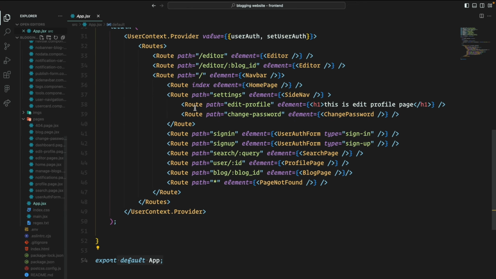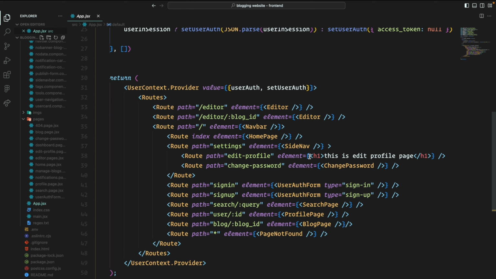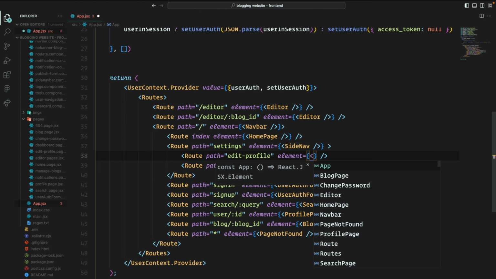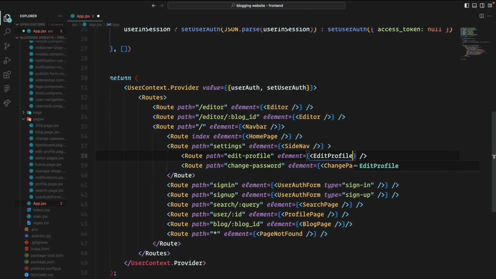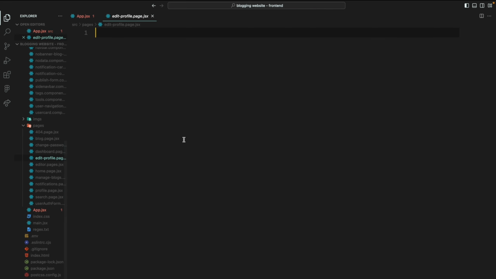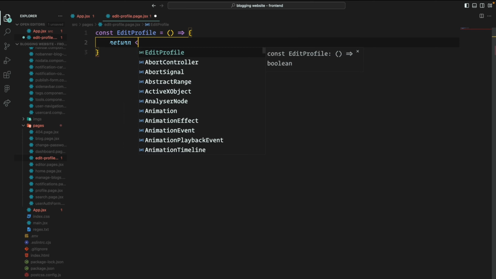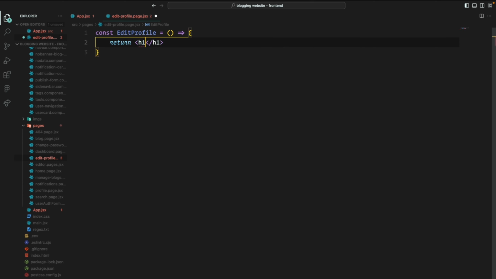So just open the app.jsx, and here, instead of returning this h1, let me remove this and render the edit profile component, and obviously we don't have that component. So just copy this name, open the edit profile page, and quickly create that component like this. For now it will return an h1. Let me wrap the JSX of this return in brackets, and I will return an h1 saying